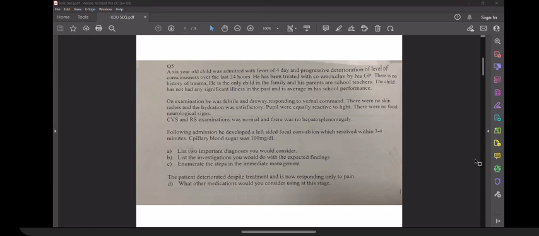So that is why there is some place in this patient for EEG and a neuroimaging as well, if it could be done. So enumerate the steps in the immediate management. So as I said before, don't go to talk in length about the focal convulsion. So you can say